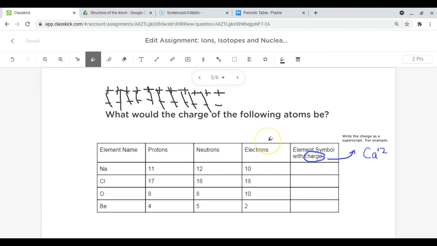If you were to draw a Bohr model of sodium, you would end up with 1 electron in the outermost energy level. So you should know by now that sodium, just like you did on the previous slide, would love to lose that 1 electron. It would be a lot easier for sodium to lose that 1 electron rather than to gain 7 to achieve its octet. So if sodium were to do that, which it prefers to do, I would go ahead and erase